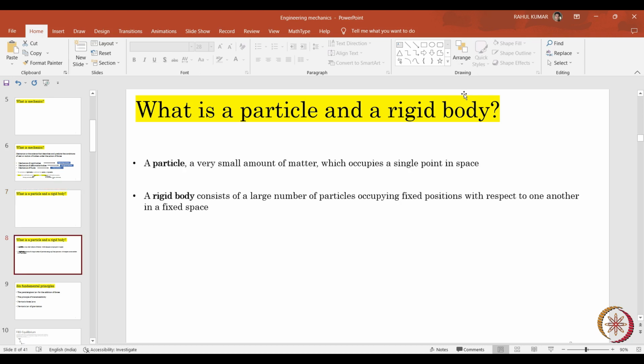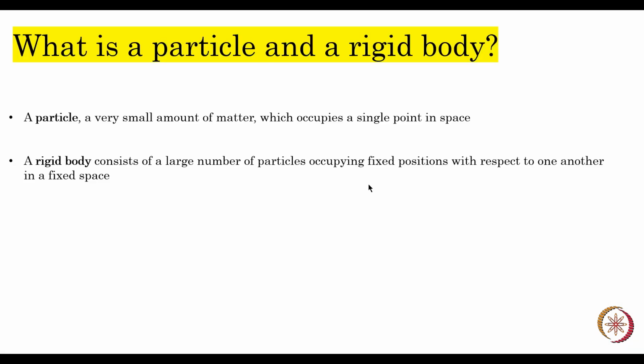The reason is that we assume a particle to be a very small amount of matter which occupies a single point in space, so that every force and pressure will pass through that point. So we don't talk about any dimension. And the biggest advantage is that we can assume every force will pass through the particle,